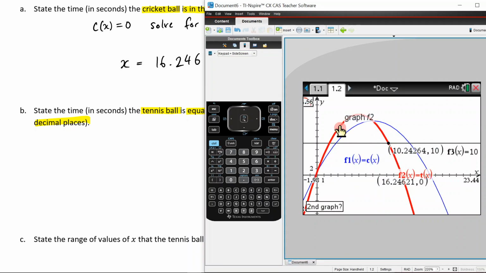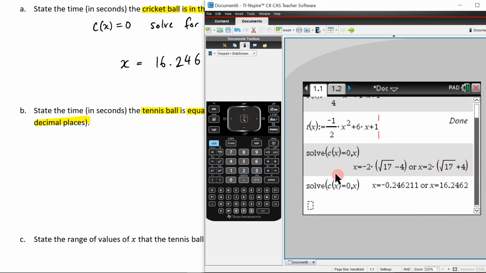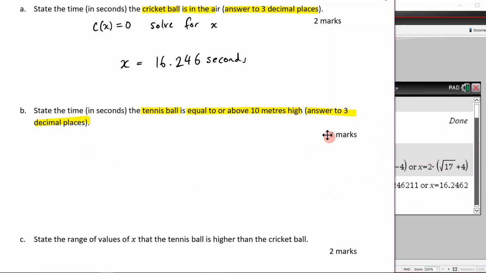So this one and the red graph from here to here. And now you would take 10.242 and subtract it from 1.757. So that's one way of doing this. The other way of doing this, and remember this is worth 2 marks, so we're going to have to show